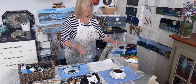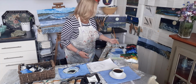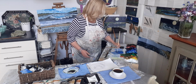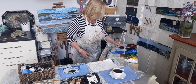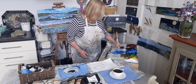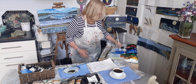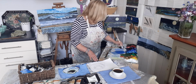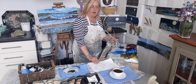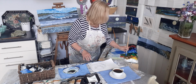And I'm going to start with the background first, and I'm going to work my way forward. So I'm going to pick up some of this cobalt, and I'm going to mix it in, make it nice and juicy. I'm going to give myself enough to really cover the whole piece of paper. I've covered this paper ahead of time. I've covered the paper with a gesso, and then I did a drawing